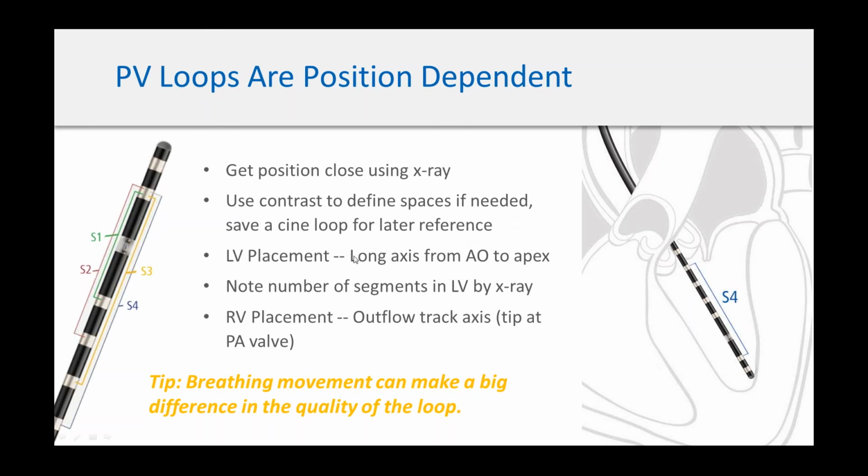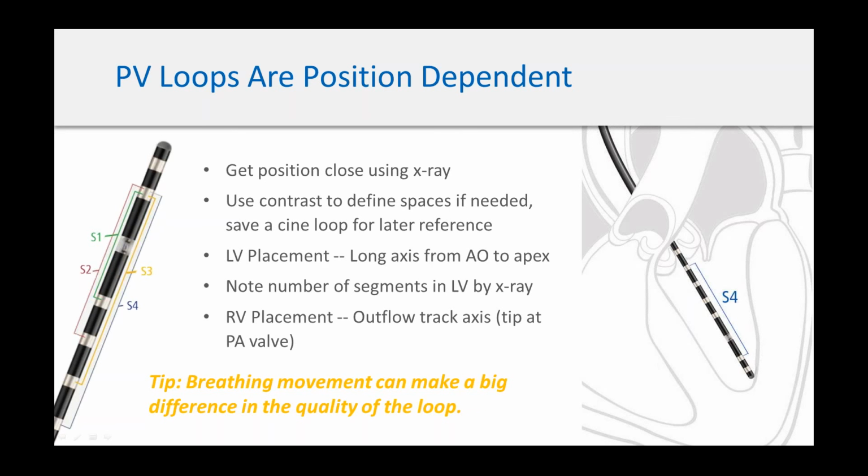For the left ventricular placement, it's the long axis of the left ventricle, and we start from the aortic valve here to the apex and right down the middle. And the picture actually shows it pretty accurately. If you're in the aorta, it normally goes pretty straight right down. Sometimes these catheters get a little bend on, so a twist will help move it into the right place. And those are usually pretty easy. We'll note again the number of segments in the vessel by X-ray,